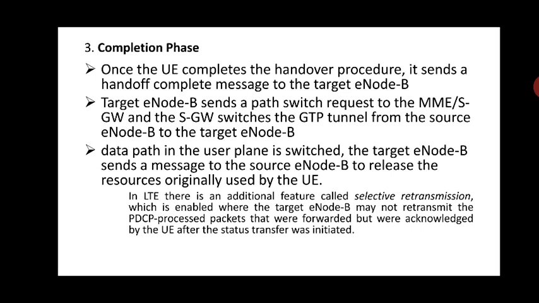In the X2 mobility, there is a lossless handover for one or more of the RABs. In this case, both PDCP processed and unprocessed packets are sent to the target E node B. If in between some of the data packets are not processed, they will be transmitted to the target E node B, so that they will be processed and given back to the new E node B. There is an additional feature that we call selective.